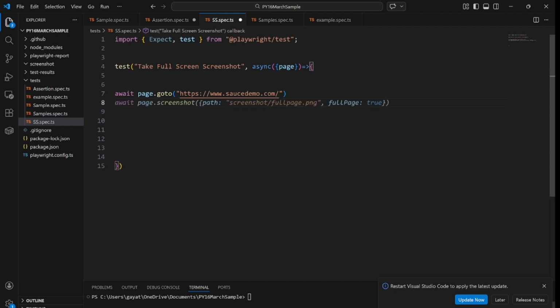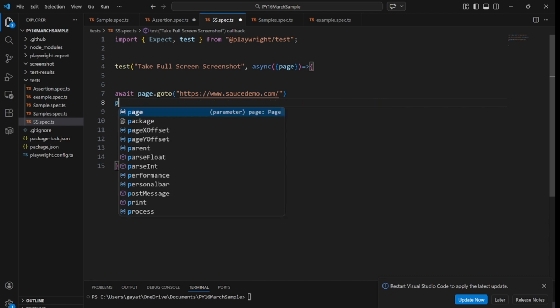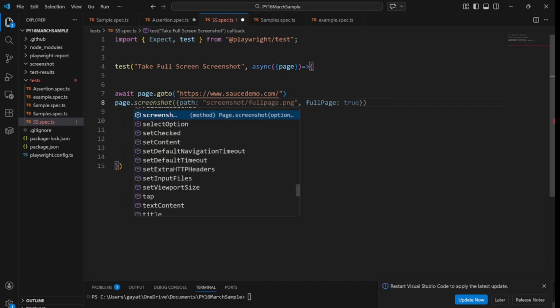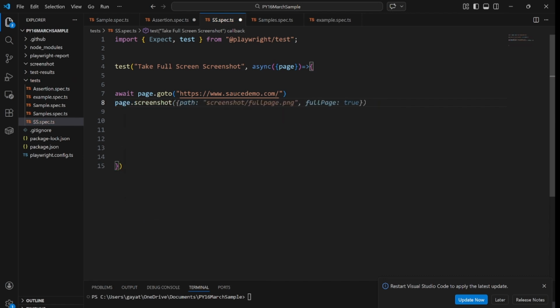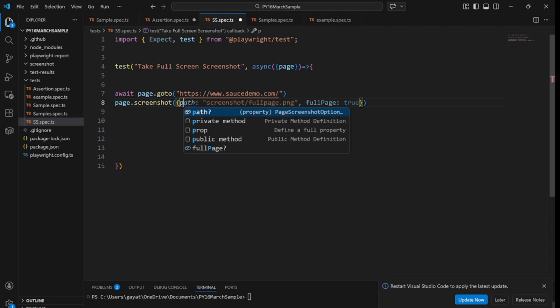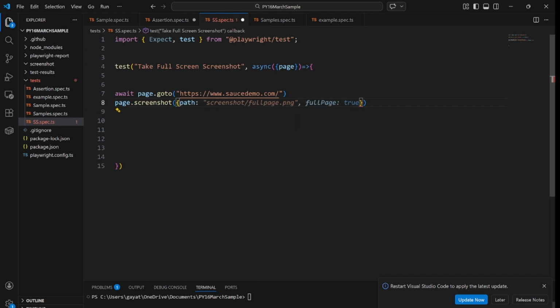Now what we have to do is give the path where you are going to take the screenshot and how you are going to take the screenshot. For that, you have to use page dot, there is a method called screenshot. Inside this method, you have to provide the path. So how will the path look? First of all, you have to provide the folder name. And what is the folder name? The folder name is screenshot. I will show you where it will showcase the screenshot.